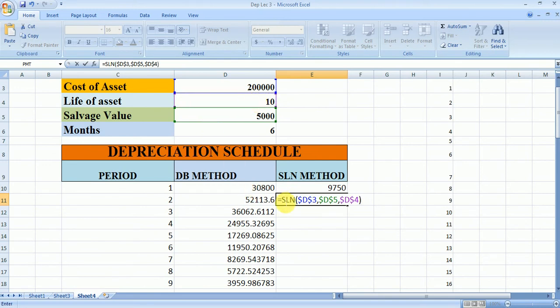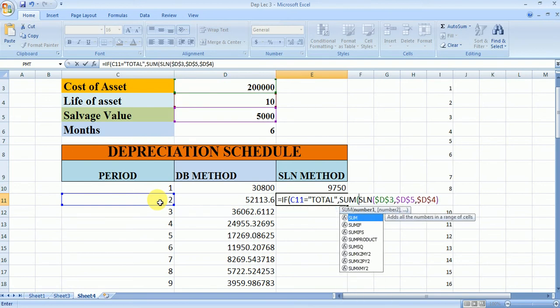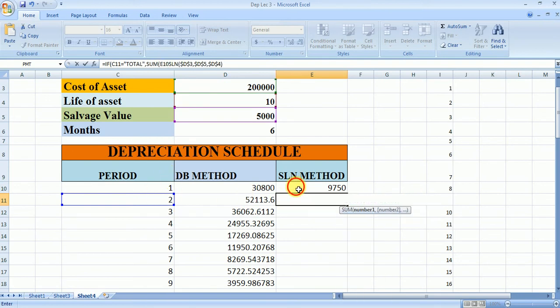Now I am going to use the IF function here. If this serial number equals total, then it calculates the sum of the above values. So I'll select this cell, the colon, close the bracket and comma. I need to fix this cell by using F4, and I'll put one more bracket here.